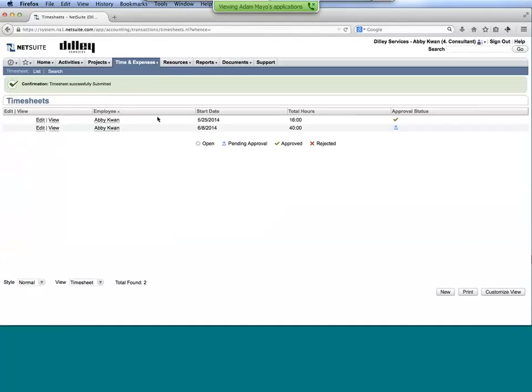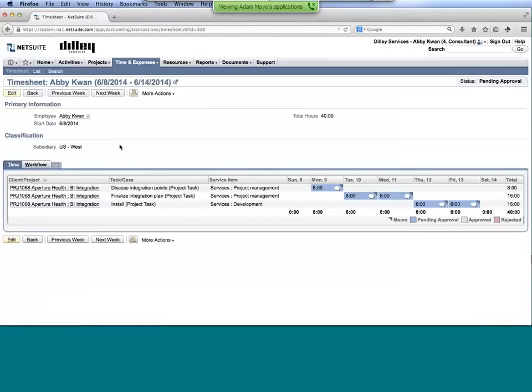And so as the end user, it brings me to this screen where I can see any of my past timesheets, look at the overall status. Here I can see whether it's open or pending approval, what's been approved or rejected. And I can always go back in and view those timesheets if necessary. And the nice thing is once I go in and view this as Abby, who's the end user and who can't make any changes now that it's been submitted, I can look at color coding right on here and see what's been approved or what's pending approval. If something's been rejected, that's going to show up in red. So again, we have visuals to help those end users identify what they need to go in and fix or make changes to in the system.